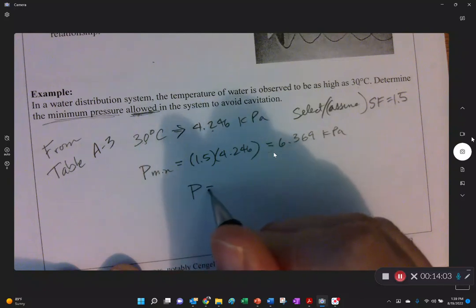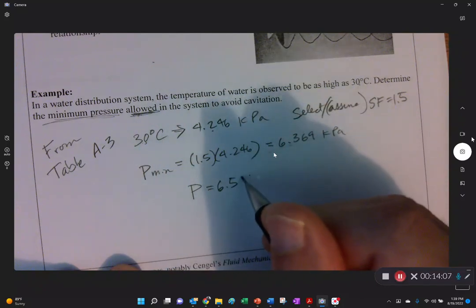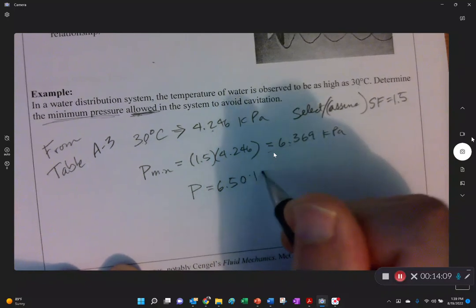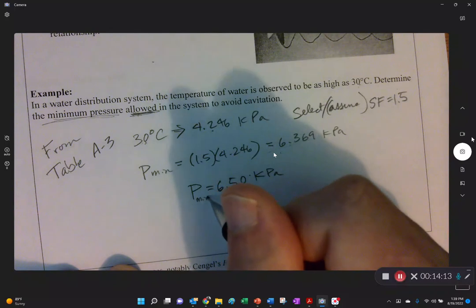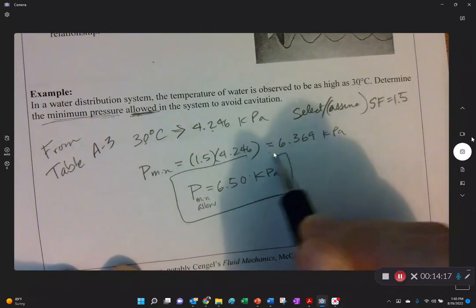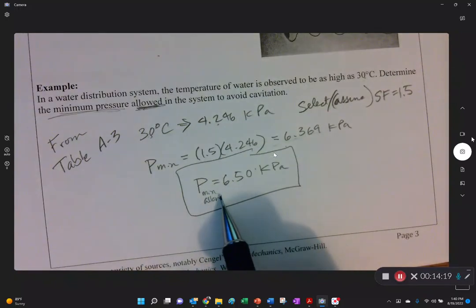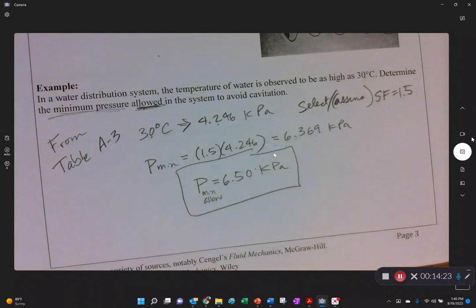So let's say 6.5, and we could put a 0 in there, I guess, and we'll call it min allow. So it's the minimum allowable pressure for this system. That's just an example,